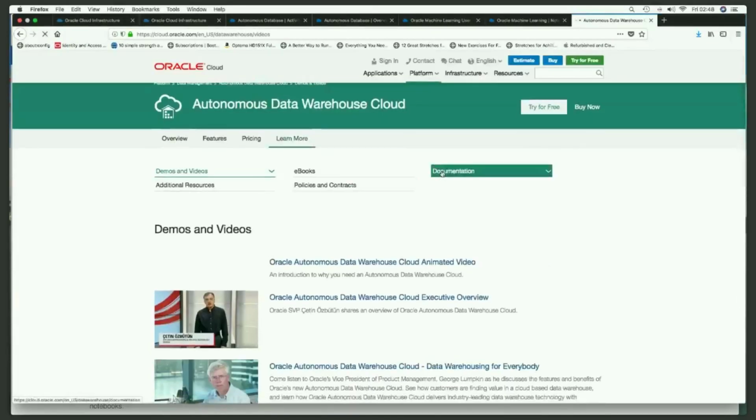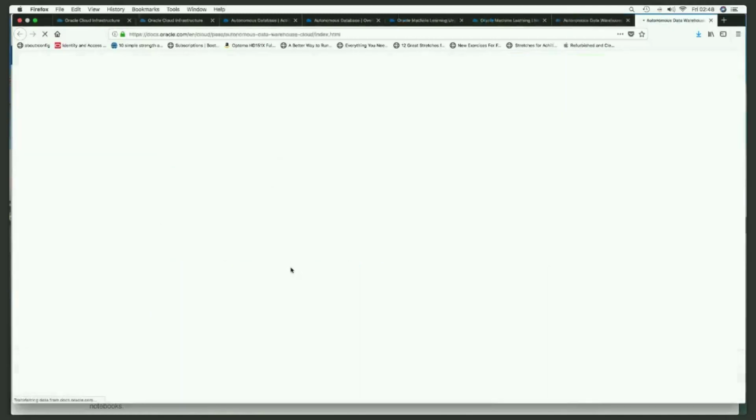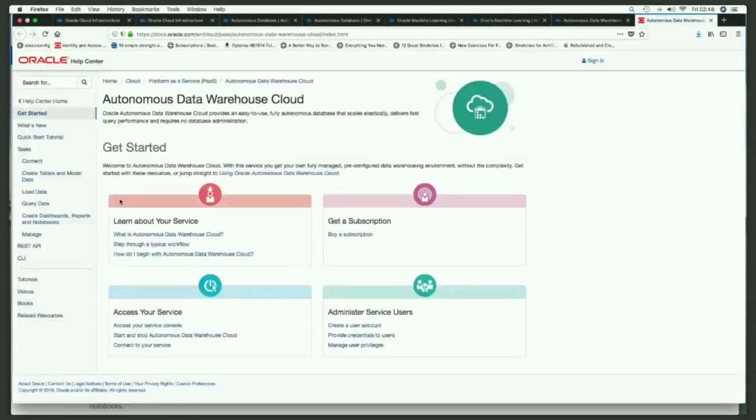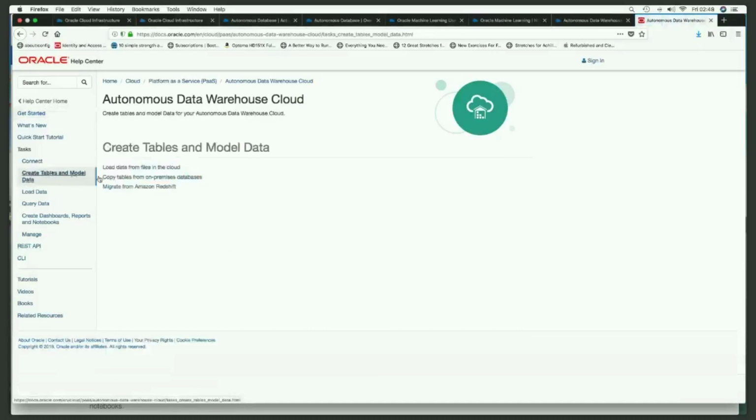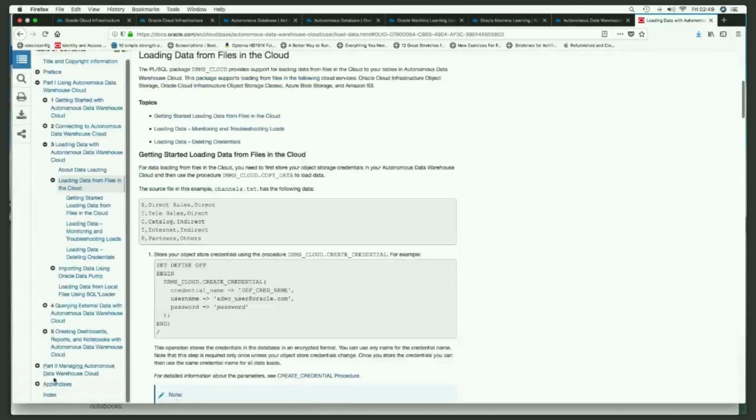There's some really good documentation. So if I click on here, we'll take you into our user assistance environment. This is our UA portal, and we've got tutorials in here as well, linked into the documentation that will walk you through doing various tasks. And if you're a DBA, if you scroll down here,